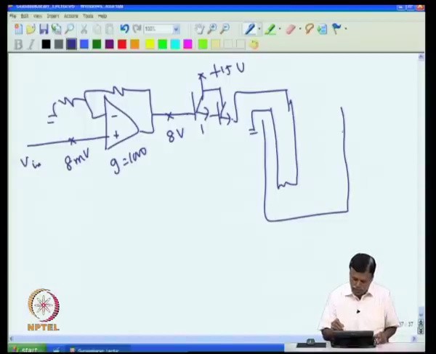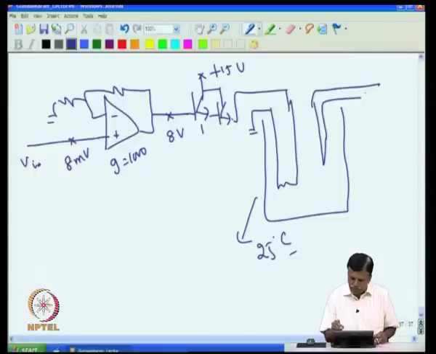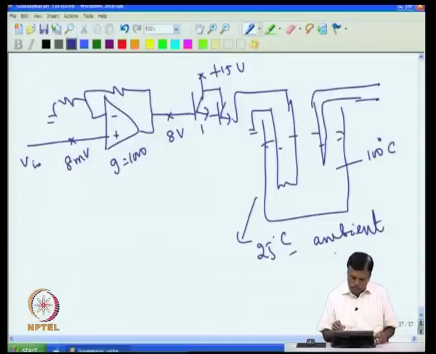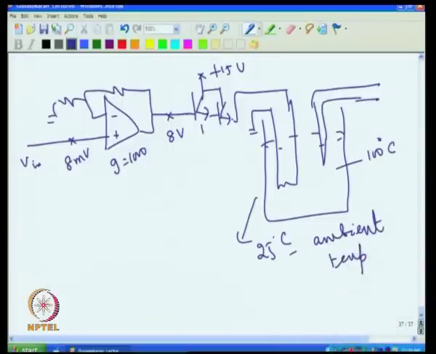Now assume that the ambient temperature is 25 degrees C. This is where our thermocouple is kept, and we want to maintain this at 100 degrees C. So I have set 100 degrees C, and the ambient is 25 degrees C. Now when the ambient is 25 degrees C, the system gives 8 volt here, and then this stabilizes at